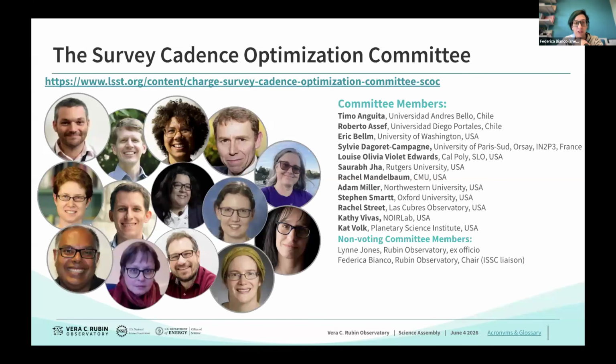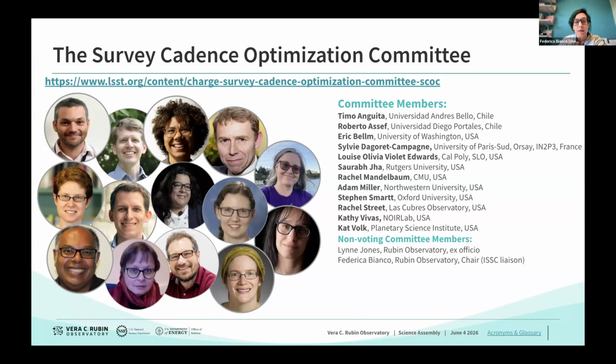We didn't stop there. This is the current composition of the SCOC, and you can read about the SCOC at the link that I have in these slides. The SCOC is stacked by community members. Lynn Jones and myself are non-voting members ex officio. Eric Bell, we typically have one Rubin data management person on the committee that provides double expertise on science as well as an insight in the data management